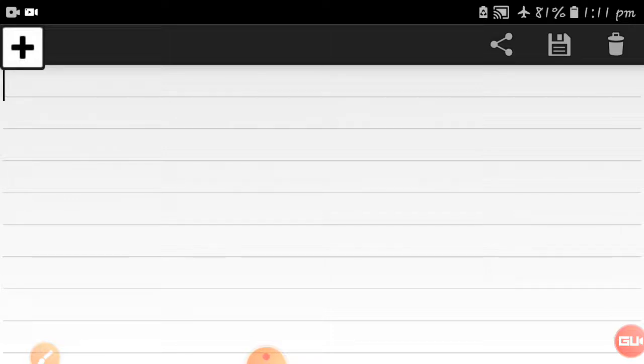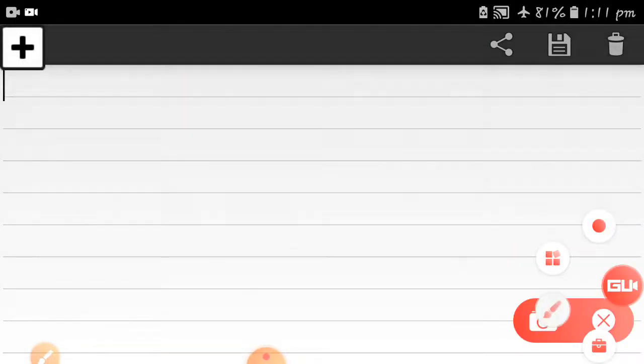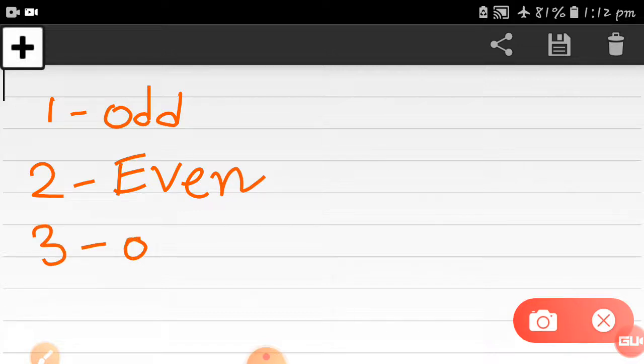See this number 1 here. Number 1 here, this is the odd number. You can see on my screen, this is the odd one. Alternate number, it means 2 is not odd, it means 2 is an even number. Okay, now alternate. It means 1 is odd, 2 is not odd. It means 2 is even. Now 3 is again odd.